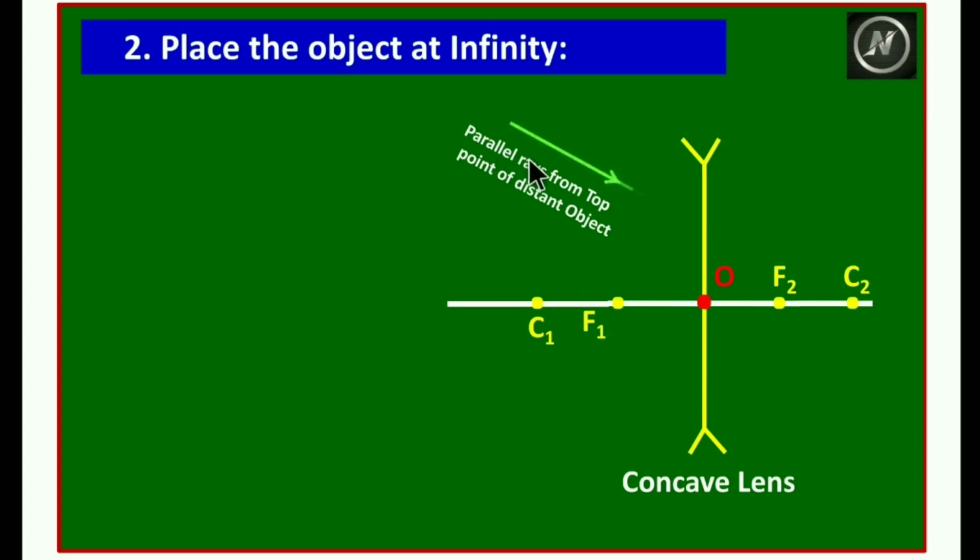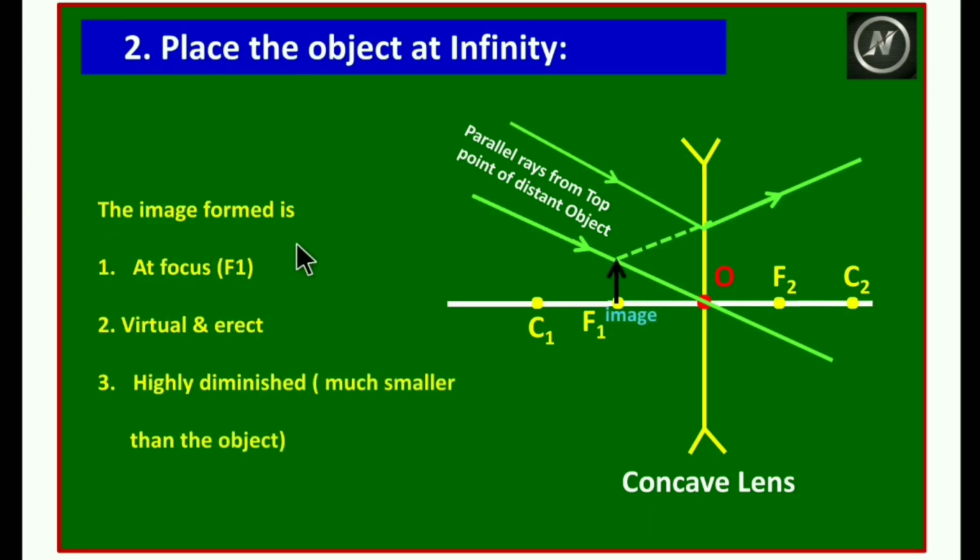Now rays are coming from the top point of the object and incident on the concave mirror undergoes a refraction, and the refracted light ray, if you extend them back, then that moves near to the focus. And one more light ray that is passing from the optic center, and without any deviation it moves in the same direction. But while it is moving through this optic center, it intersects the first ray, and at this point, so it intersects at focal point, focus, and at the focus it forms the image.